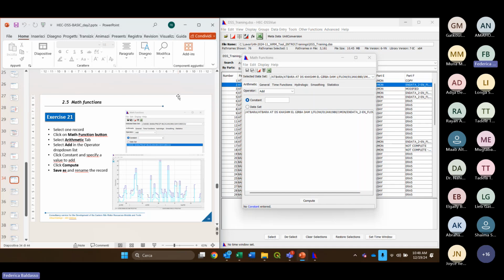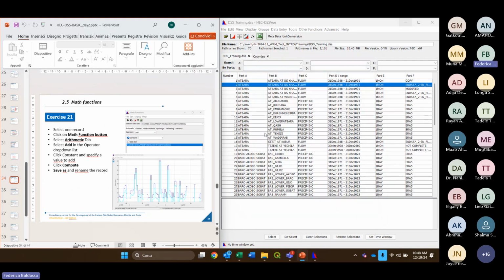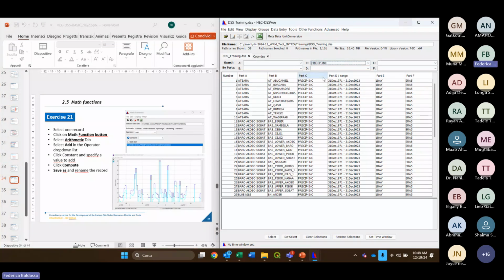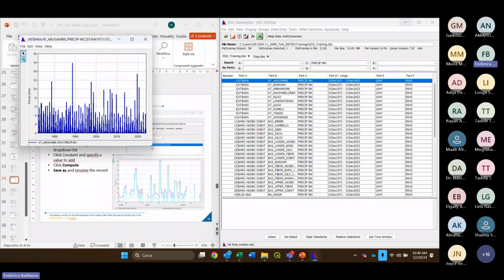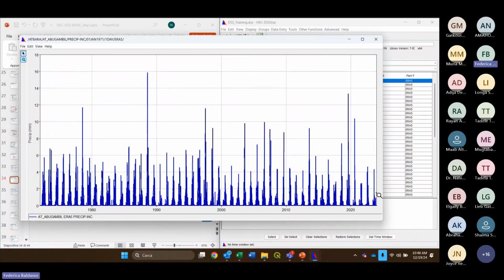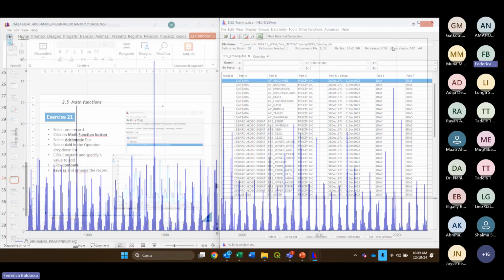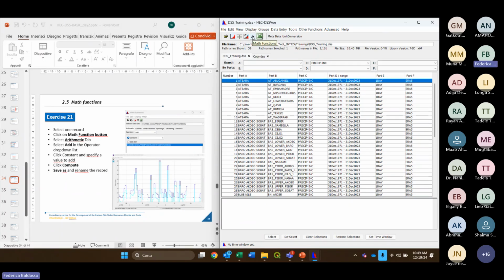Let's try, for example, to use one of the arithmetic functions. So let's select a record, a precipitation record maybe. So I select from part C Redshift inch, and I select, for example, the first one. It's a record of precipitation from the Era 5 satellite information. I select this one and I click the math function button,